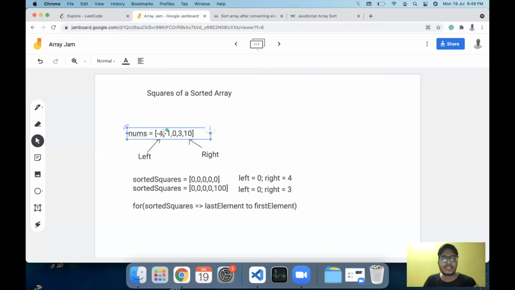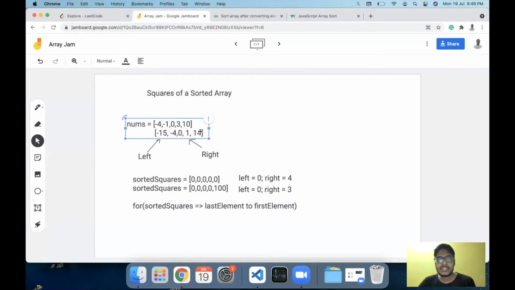Let's just take another example so that we are completely clear. Let's say we had values like minus 15, then minus 4, then 0, then 1, and then 14. In that case, if I start from my right and left index, I know that the absolute value of minus 15 is 15, and 15 squared will obviously be greater than 14 squared.